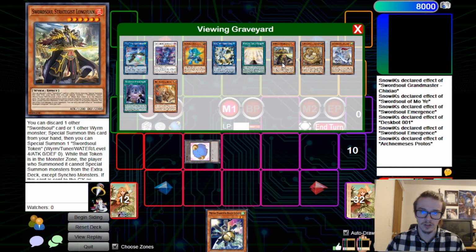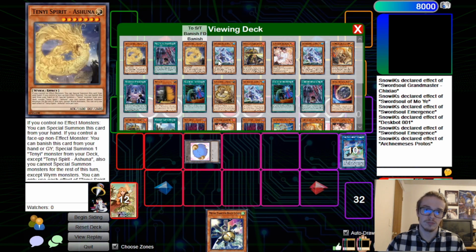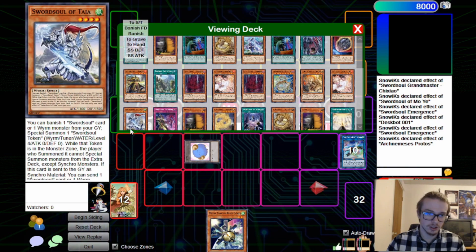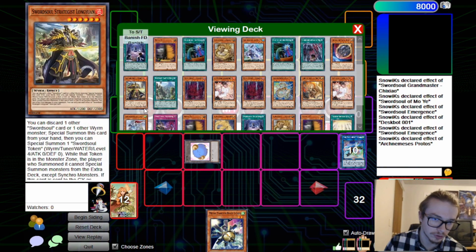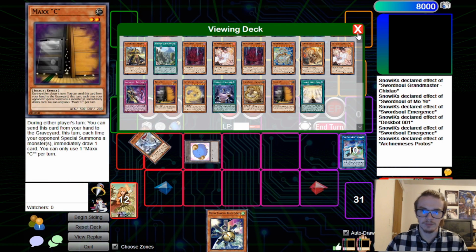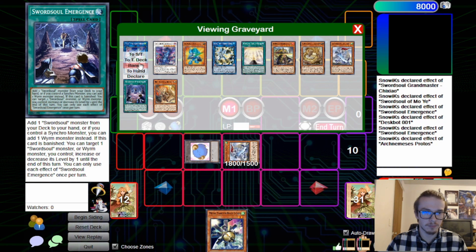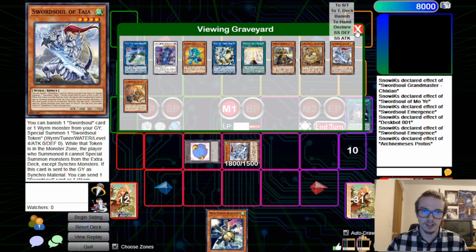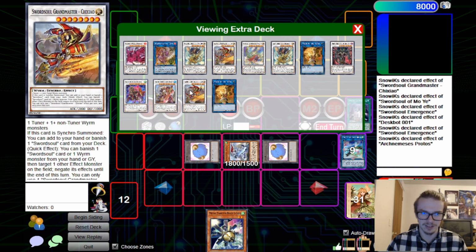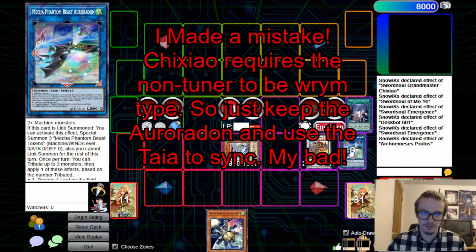We'll actually send the Auroradon to the graveyard. We will special summon. Sorry, it's special summons from deck. My bad. Special summon the Taya. Activate the effect of the Taya. We will banish the Emergence in order to grab a token, and then we will modulate the level of it doesn't really matter which one, and then we can go into this guy using just the 2 tokens, and then we can use the effect